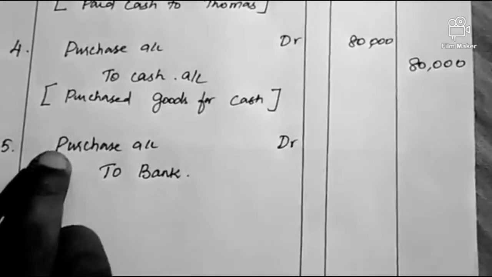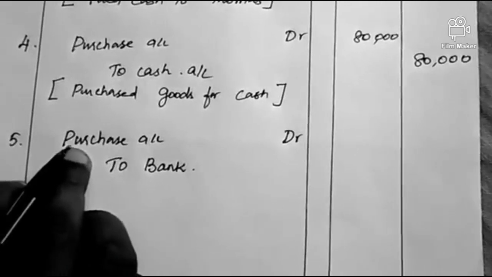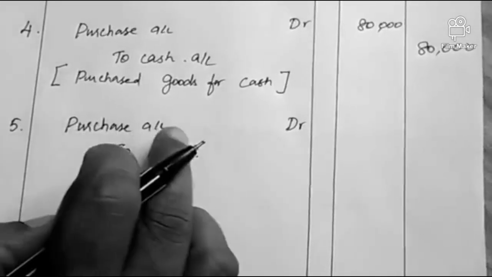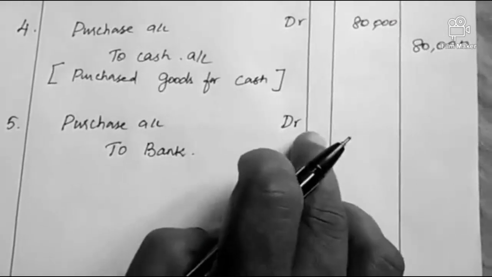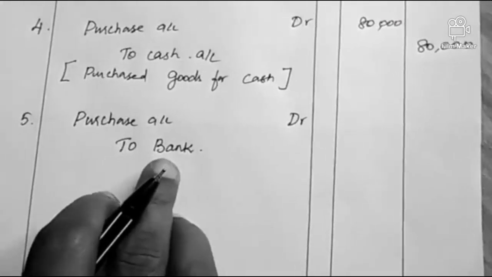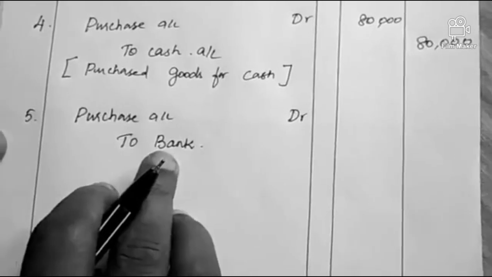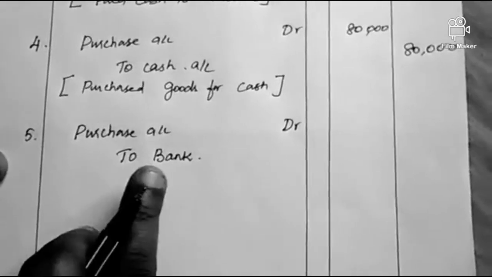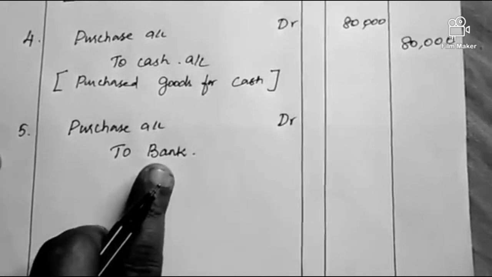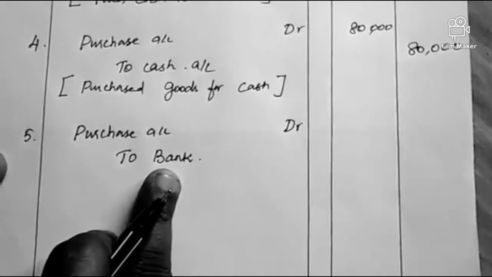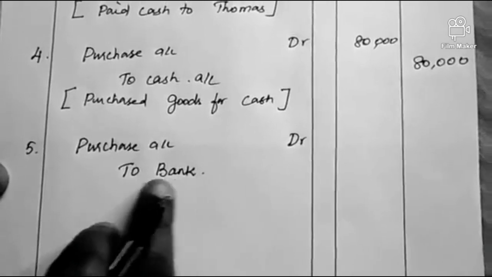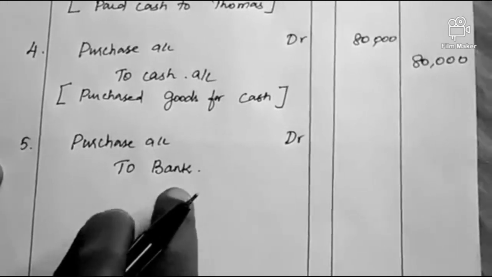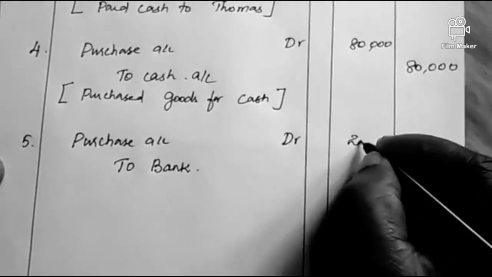Okay, so when you purchase any item, what comes in? Goods comes in. Purchase is a real account, no, debit what comes in. Purchase, goods. Purchase account debit to bank. Bank is an artificial person. So what is the personal account rule? Debit the receiver, credit the giver. On behalf of the company, the banker will make payment to your supplier. So to bank, the banker is a giver. Debit the receiver, credit the giver. The banker is a giver in this transaction. 20,000.